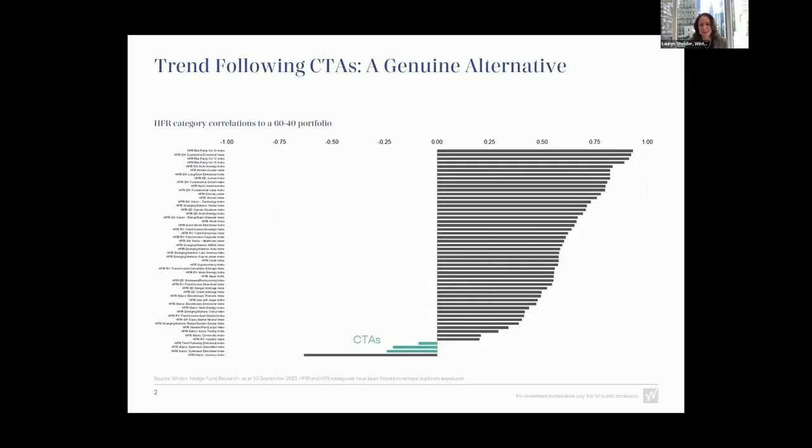And I brought a slide along with me, not to hawk my own book, but we love CTAs because what we've seen, this is the past 15 years, if you look at these HFR strategies over time, amongst the only strategies that have been negatively correlated to 60-40 have been CTAs. Yes, in a shorter period of time when there's a sudden reversal, you will see some correlation. On the positive side, it is a directional strategy, but over market cycles, CTAs tend to offer you that diversifying